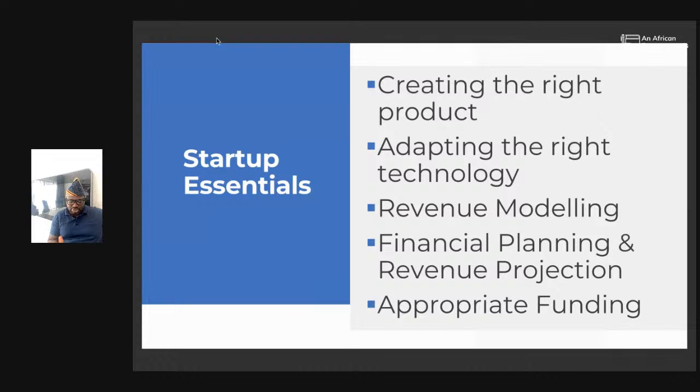How do you plan what you need at every stage along the line, even when you've broken even, how much you need to keep growing, and how much you need when you're scaling? You should be able to map your strategy, plan your strategy, and evaluate it along the line. Nothing should happen so that you go short of resources. So you need to plan your growth properly, such that at every stage you are growing, regardless of your expectation or not. A good financial plan will help you grow faster and manage your resources effectively, regardless of whether you have raised money or not.